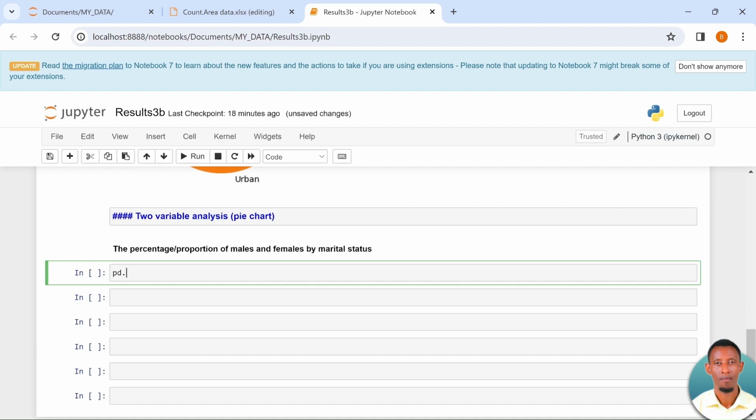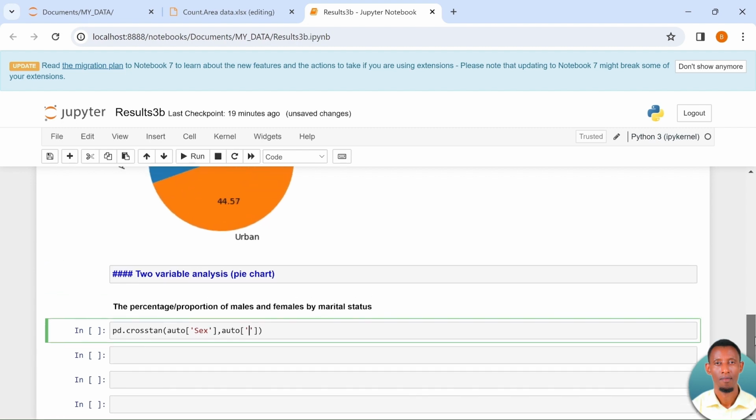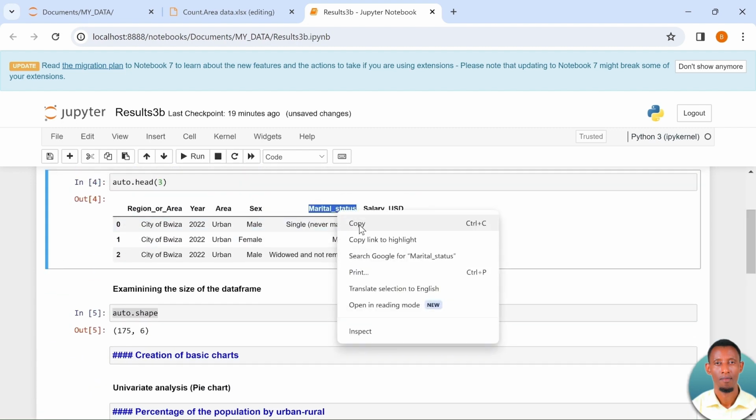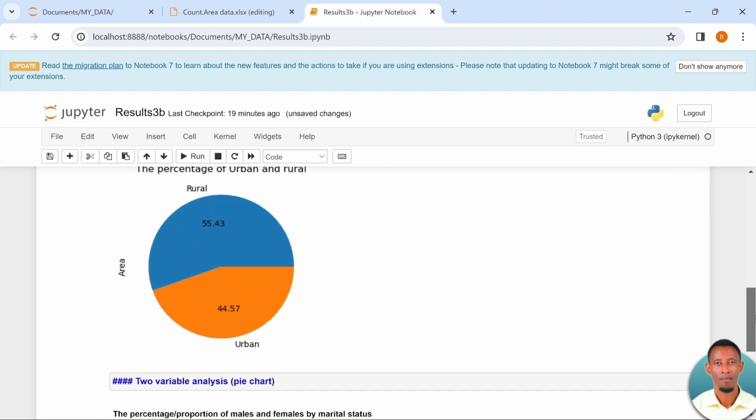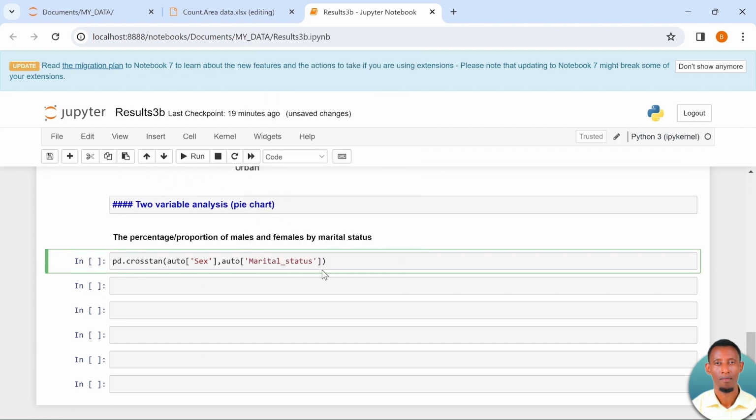Here, bring your Pandas library dot crosstab, in the bracket, bring your data frame and within square bracket, bring your first variable, which is sex, comma, and then bring again the data frame, and within the square bracket, you include the second variable, which is the marital status, comma,